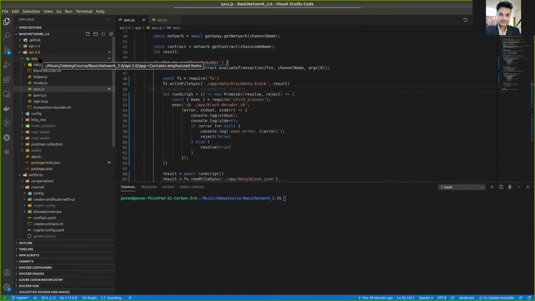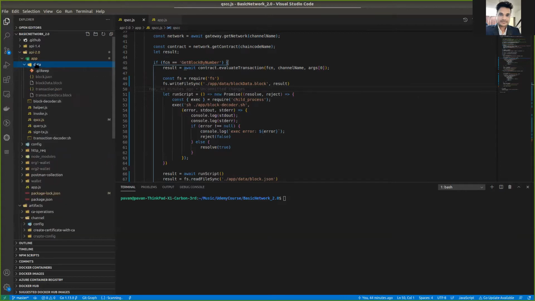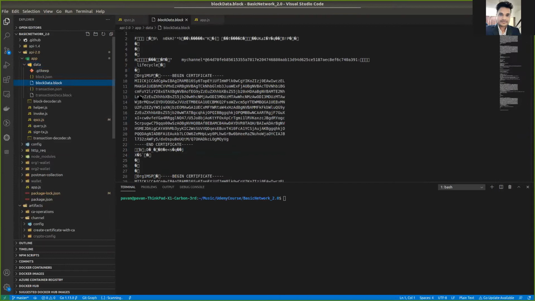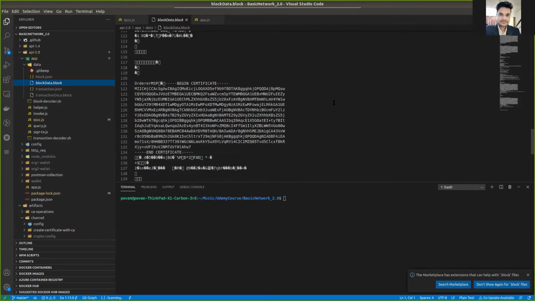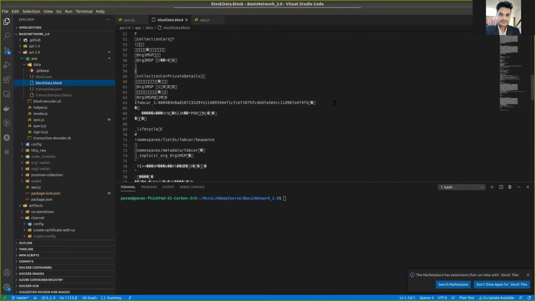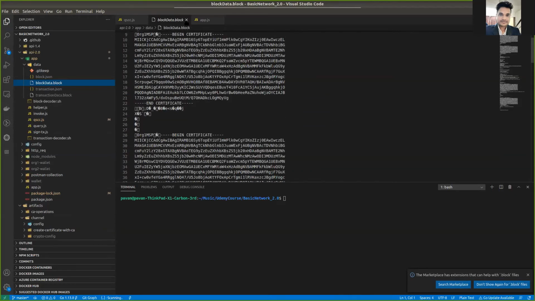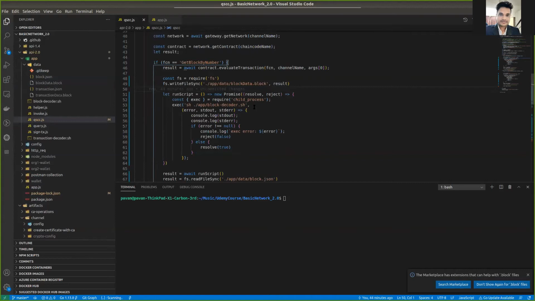You can see here app data, and inside the app data we have blockdata.block. So this kind of data we will get. This is the protocol format data. We cannot read it directly. So for that we have to decode this data into JSON format. Here we have written that data into blockdata.block.